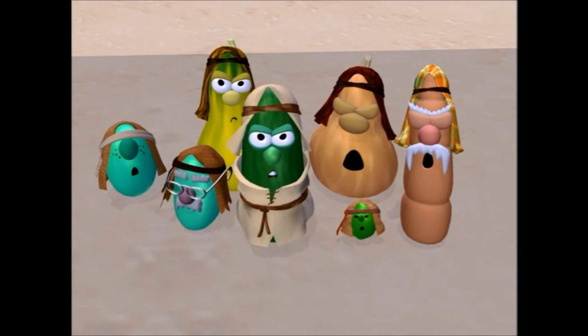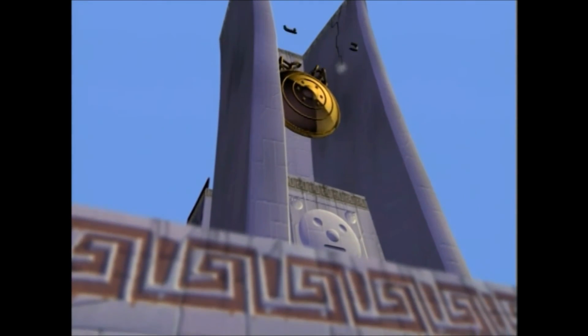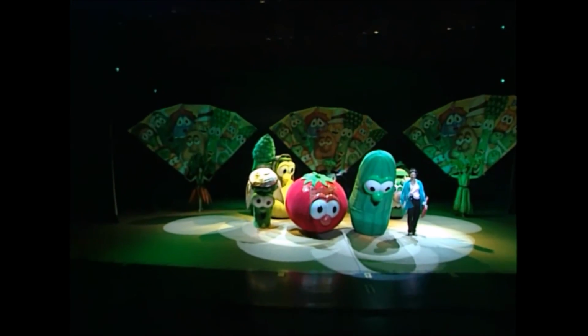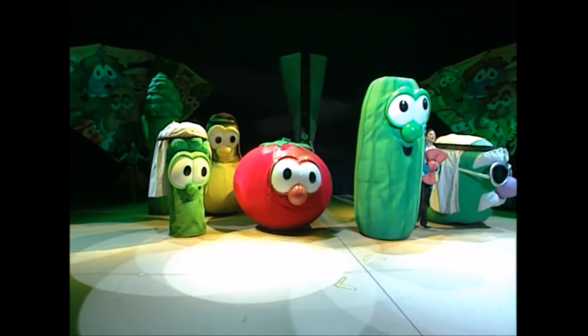VeggieTales Live is very different than other kids' shows in that it does have a message. It's not just about entertainment. Joshua is one of our most popular videos. It's a really important story element of the live show because it has such a great message. I guess for us, the live show is a great opportunity to provide a new experience for our fans in a whole new venue, and also an opportunity for them to be able to enjoy this great